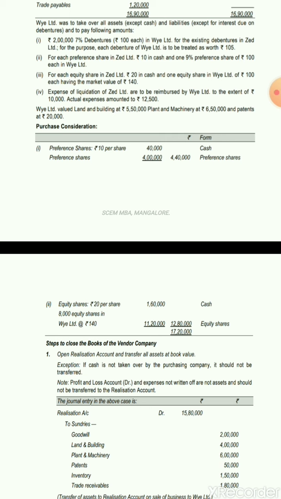So here we have followed net payment method. So the question may arise as to why did we follow net payment method, why did not we follow net assets method. See here the mode of payment is given, and they have clearly mentioned that the preference shares have been discharged by issuing equity shares only. Since this information has been given, we are following net payment method here.